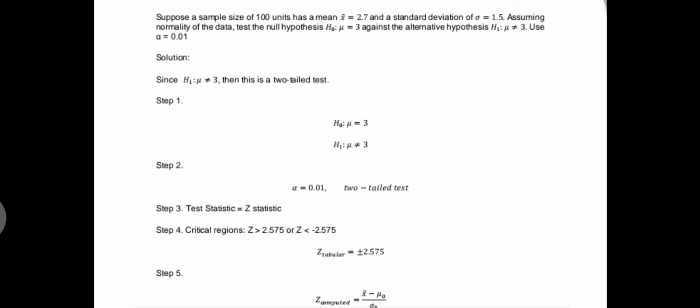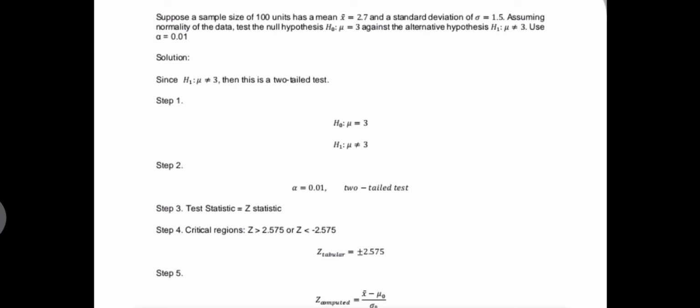Suppose a sample size of 100 units has a mean of 2.7 and a standard deviation of 1.5. Assuming normality of the data, test the null hypothesis where the hypothesized value of the population mean is equal to 3 against the alternative hypothesis where the hypothesized value of the population mean is not equal to 3. We're going to use the level of significance